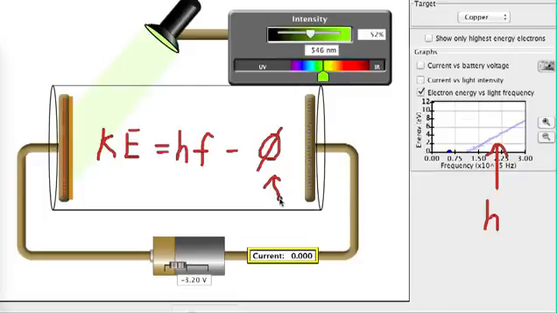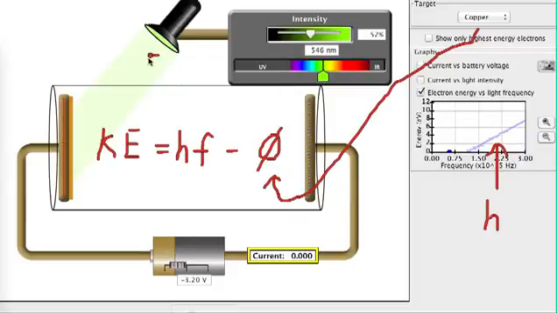And it goes by the letter phi, standing for the work function of that metal. Each metal has its own work function, and that will help you determine how much kinetic energy the electrons are going to have. The importance of this experiment showed us